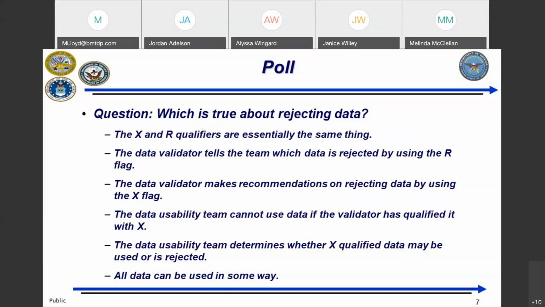Seems like answers are for the most part finished coming in. The timer here is giving it another 15 seconds, so we'll do that. If you haven't sent your answer in, go ahead and do that. All right, I'll go ahead and share these results. You should be able to see them.